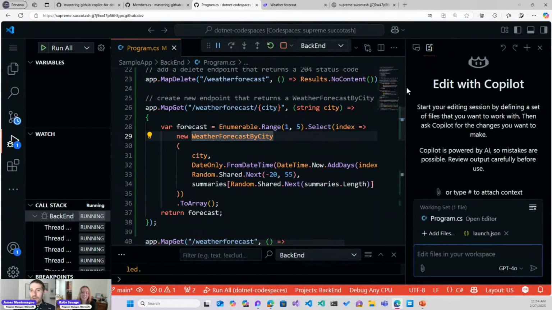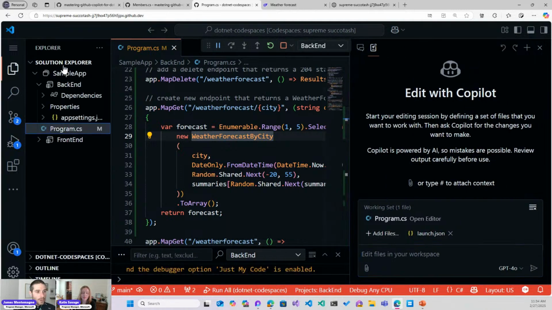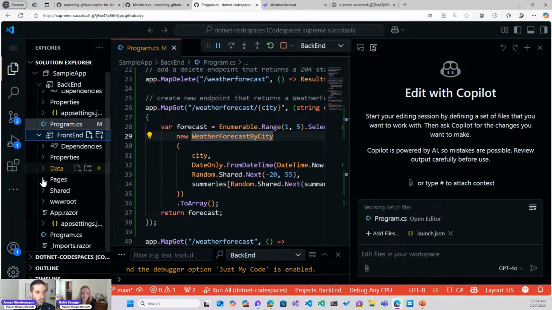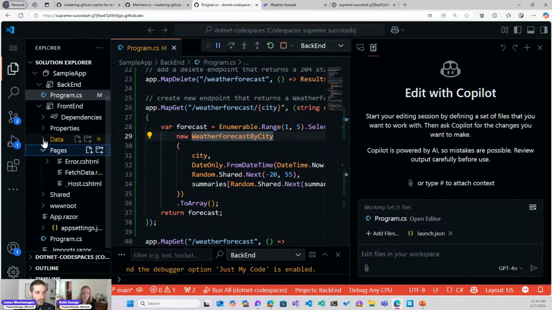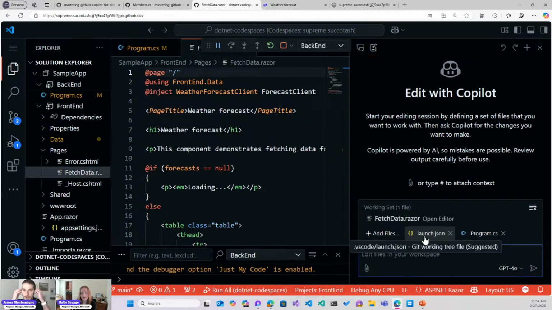I'm going to open up Copilot Edit over here. And let's open up the front end file for pages, fetch data. Perfect. This is different. Before we were asking questions inside of it, but what I would really like for it to do is define a working set of files that I want to work against. Now, in this case, it's one file, but I could do multiple files as well, like if I wanted to add different things in here. So let's just say,